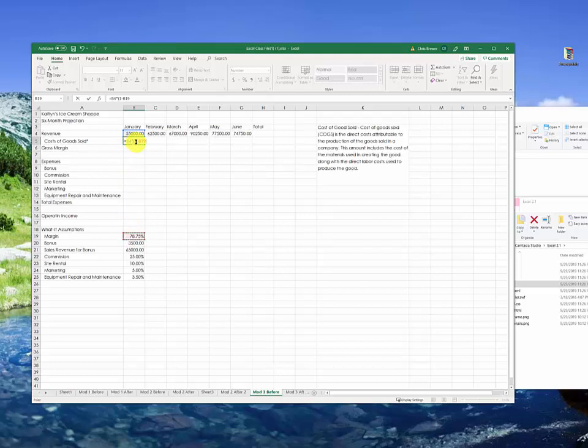Just pretend that this 1 is actually 100%, which is the number 1, minus, this is not an algebra class, minus 78.75%. So what we're saying is 100 minus 78.75% is going to give us 21.25%, and then we're going to multiply that times our revenue for that